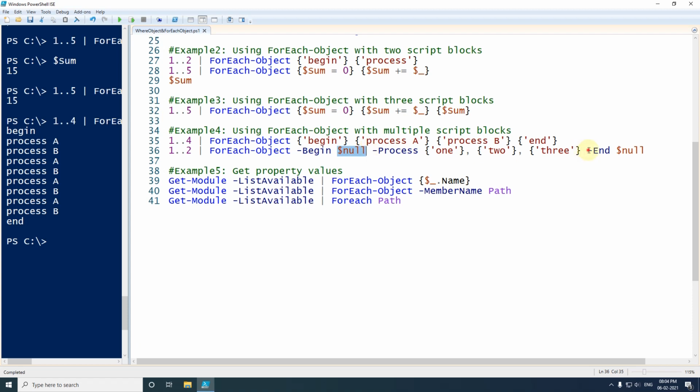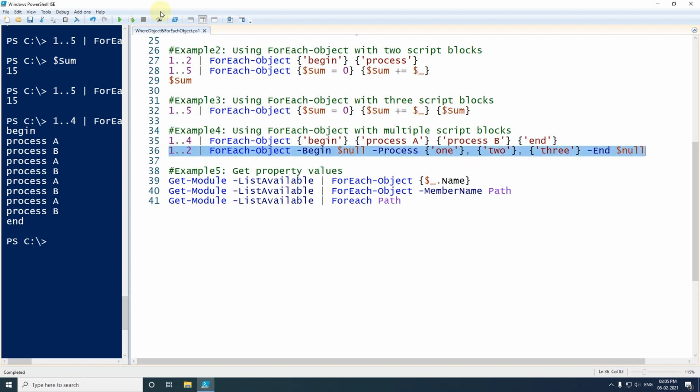And again I have used the end parameter, and in this one again I have specified the value $null. In between I have used the process parameter, and in this one I have specified three different script blocks. So all these script blocks will be executed for each of the elements coming from the pipeline.